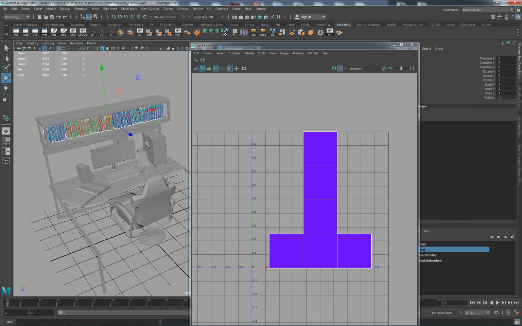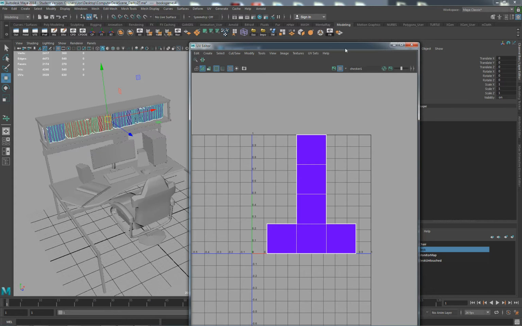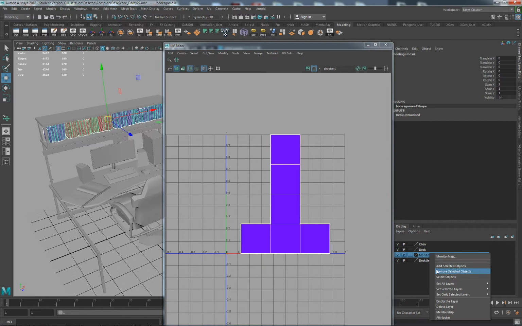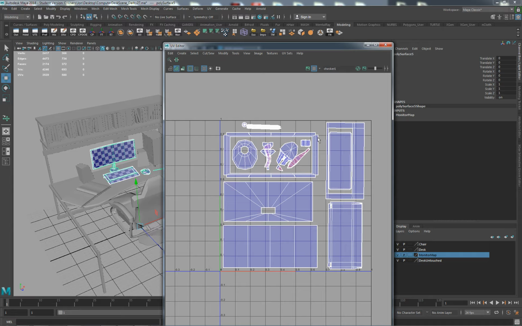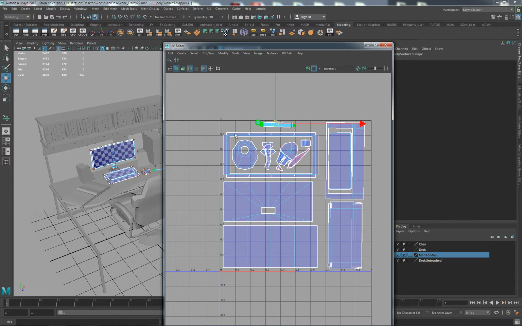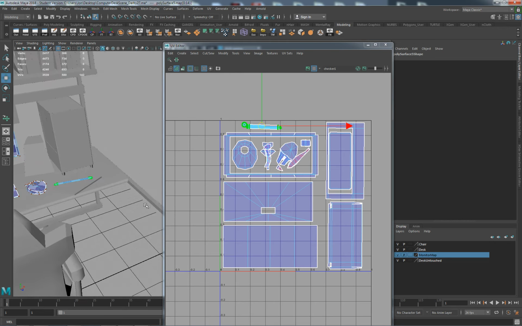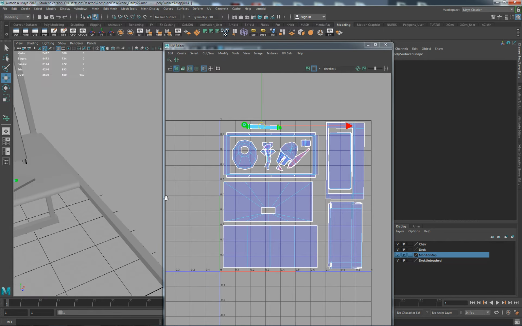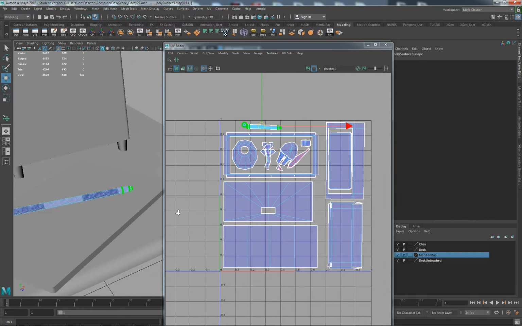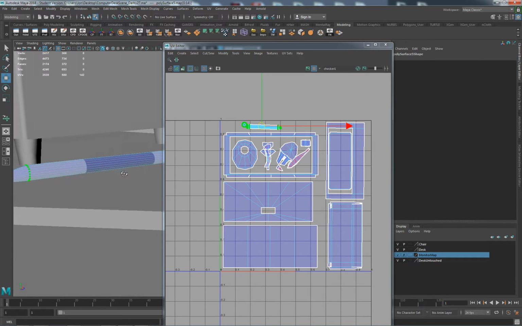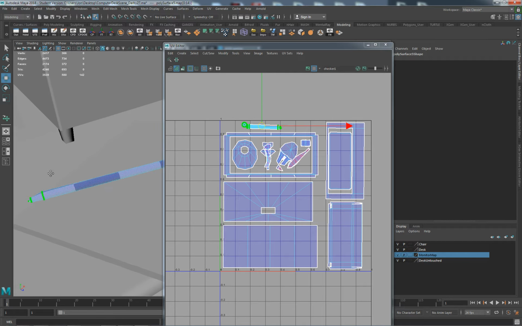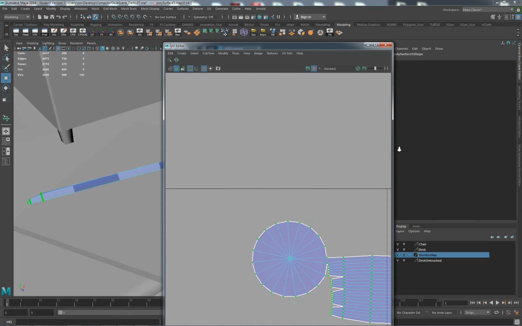And then the books need to be done. Those are not done. Yeah, do the books. These are pretty good, just maybe tighter. And then this thing, what is that thing here? Wow, it looks really heavy in topology. I would really lower the poly count on that, maybe like 6-sided. If that's a Wacom pen, you could even go 5-sided and then redo those, because that's a lot of topology